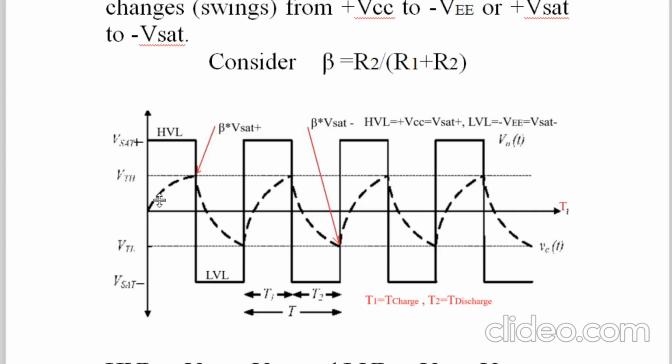And see here, the capacitor will never get charged in this circuit to HVL. The capacitor will get charged to beta times Vsat. So what is beta? Beta is half. What is Vsat? Vsat is equal to plus VCC, meaning 12 volt. Means the capacitor will get charged to 6 volt only. So this point is marked with the red arrow. Charging of the capacitor will start from 0 volt and it will go to 6 volt only. It will get charged to beta times Vsat. Beta is R2 divided by R1 plus R2. We have taken R1, R2 the same. Therefore, beta is half. And Vsat plus, your plus VCC, is equal to HVL, equal to plus 12 volt. Now, this is the first part only. You look here. Initially HVL, the capacitor starts charging, and then we'll go to our circuit diagram.